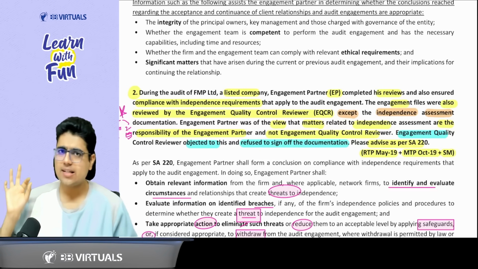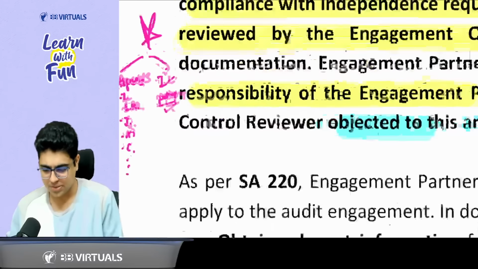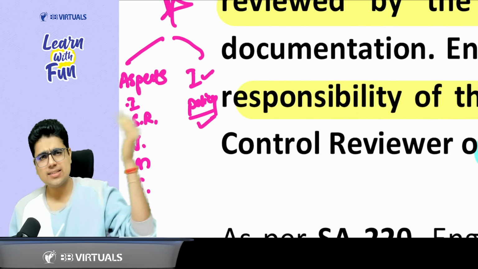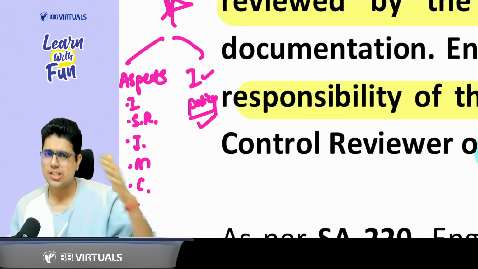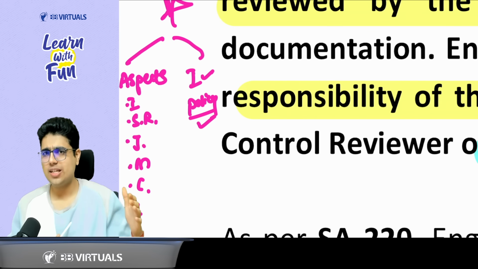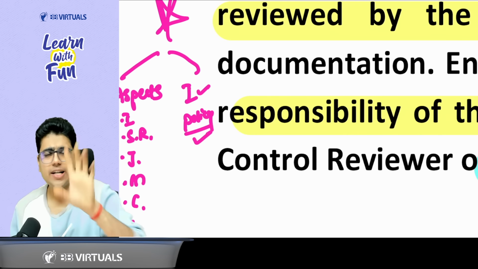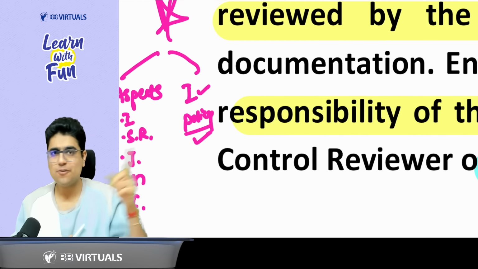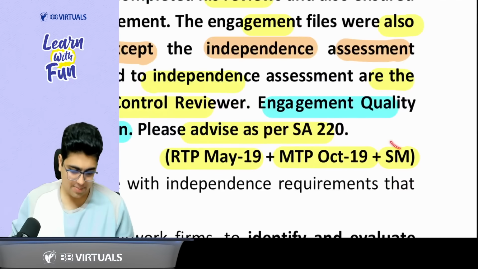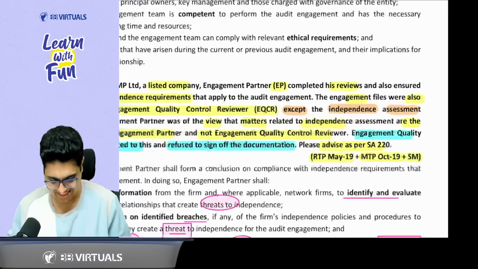EQCR is right. But sir, writing this is not enough. How do you need to frame the answer? So let's say there are 2 options. You will write about aspects of EQCR: independence, significant risk, judgment, misstatement, management, TCWG, or you will talk about the independence policy. Sir, we will talk about the independence policy. This point can create a confusion, so please remember this. It can be asked in exam. Very important question. Study material, MTP, RTP. Please focus here.